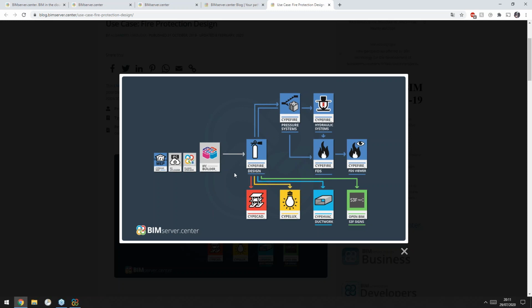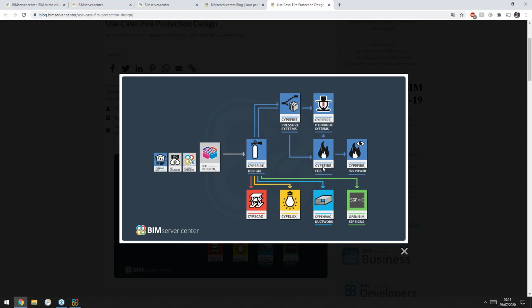Okay, and there are a lot of arrows for lighting analysis, for HVAC installation, for the signals needed in the project, and of course for the pressure system software, which analyzes the pressure systems inside the stairs. CYPEFIRE Hydraulic Systems is going to receive which spaces are near the sprinkler installation, and CYPEFIRE FDS is the tool to simulate